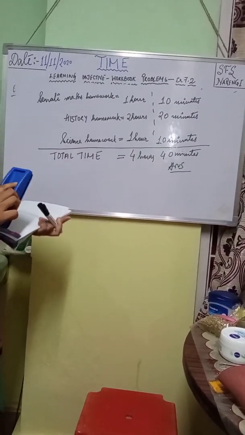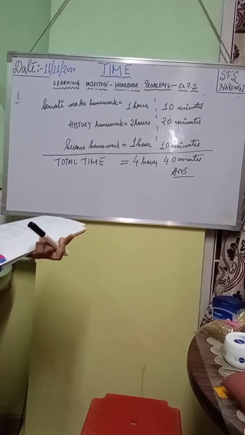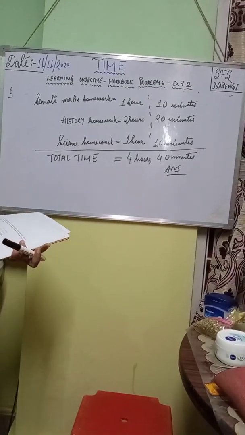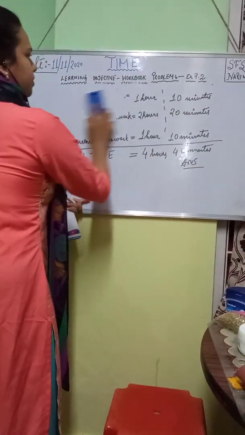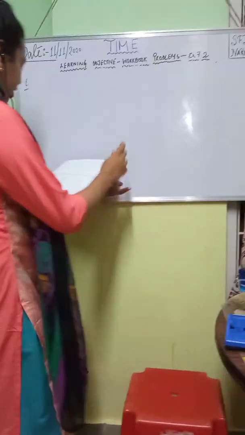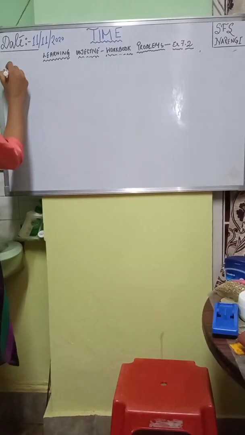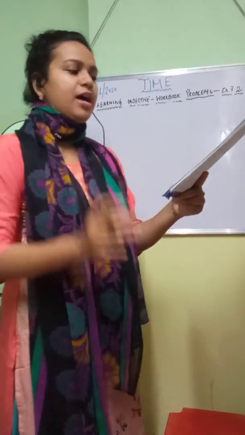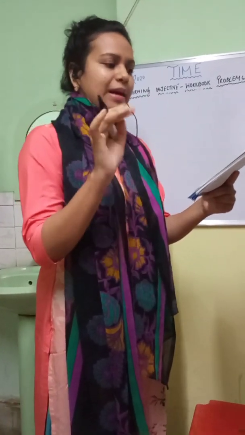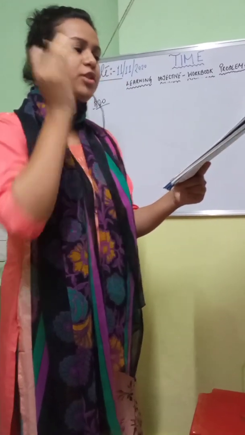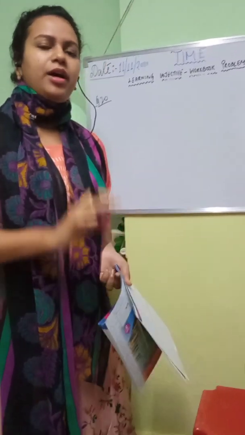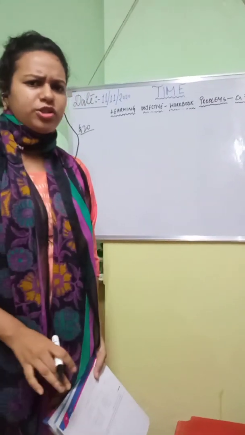Okay, I hope you have noted it down in your copies, and I hope this question is clear. Let us also try question number 20, which is very similar, but slightly different. In question number 20, you have that Rahul spends 5 hours 45 minutes on a job on Monday, 4 hours 25 minutes on Tuesday, and 4 hours 50 minutes on Wednesday. You have to find the total time. Very similar to the previous question, right?